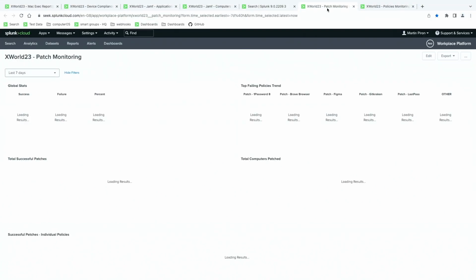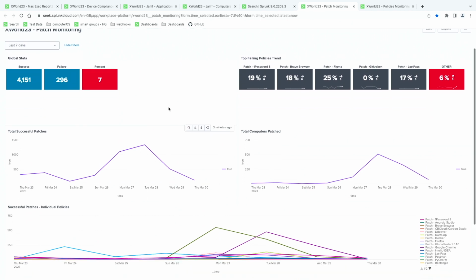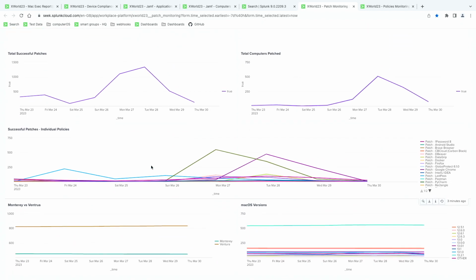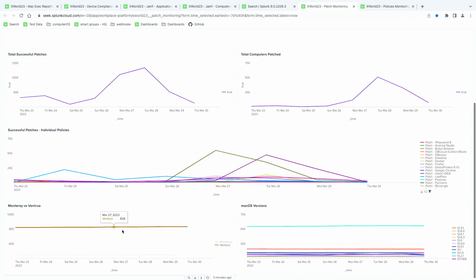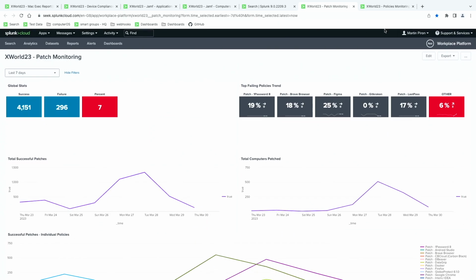All right, these last 2 are mine, so you will find them on my GitHub repo if you want to. One is specific to patch reporting. So again, using all those filters, I was able to get this together: total success, failure, and the percentage. The ones that are topping in terms of failure, maybe something we want to look into. And here at the bottom, you see that Monterey versus Ventura that we looked at earlier. And all this is just there, and it's a much more user-friendly way to go through all that data